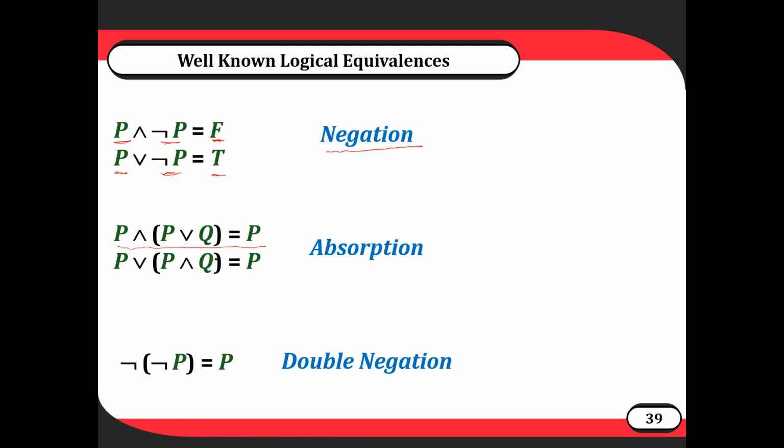Absorption. This is an interesting one. It's not as intuitive as some of them. If I have P and (P or Q), that's equal to P. And if I have P or (P and Q), that is also equal to P. So the Q, in a sense, doesn't matter. We call that absorption. If you're not convinced, you can always run through the truth table on them and convince yourself. And of course, double negation is